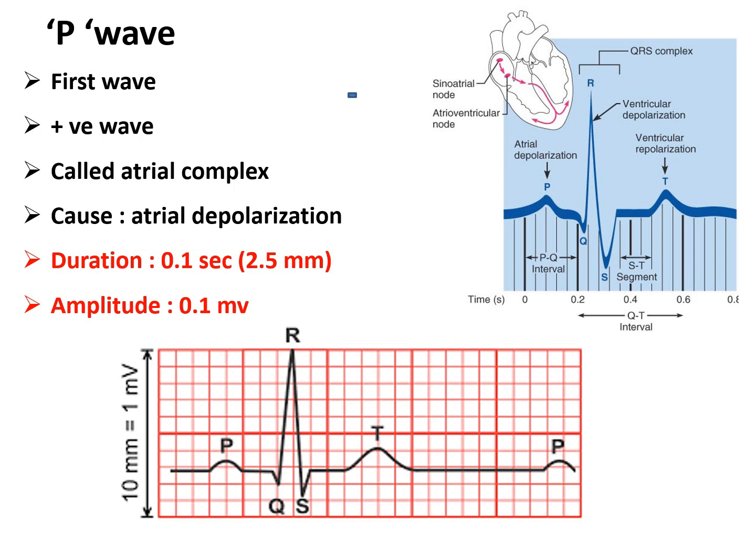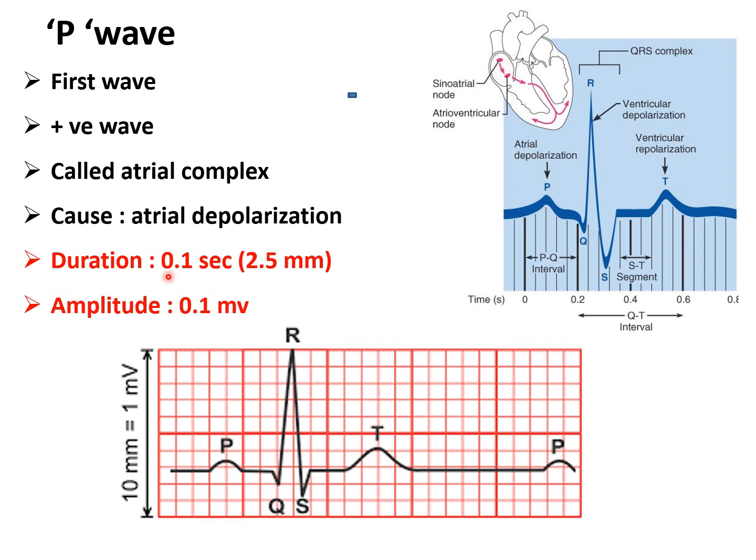The next step is morphology of the P wave. We know the P wave is the first wave of the ECG, and this is the first positive wave in the ECG, which is telling you the electrical events which have happened in the atria. This is why the P wave is called the atrial complex, and its cause is atrial depolarization. If the P wave is normally present in the ECG, atrial depolarization happened. And if the P wave is absent, we have to know that atrial depolarization did not happen, something went wrong.